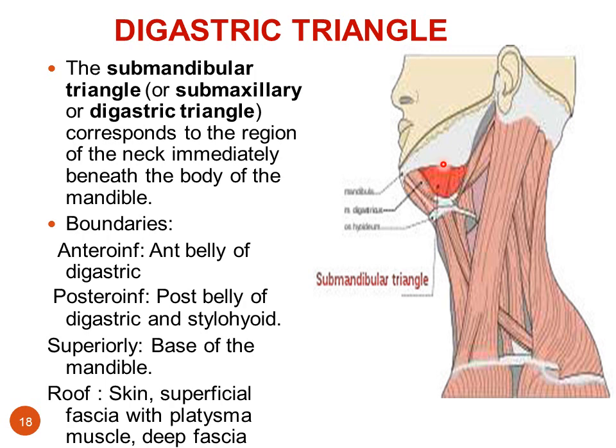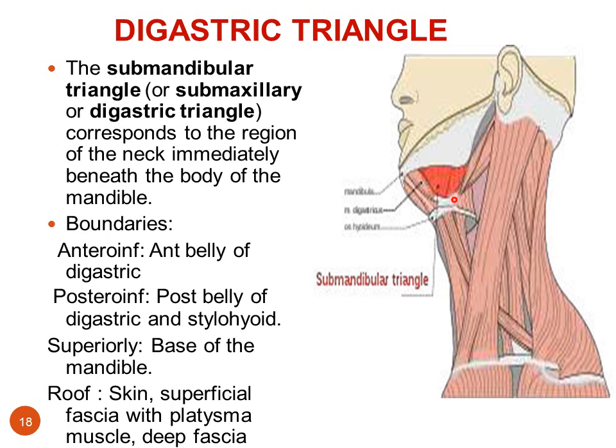Then you also have the floor of the digastric triangle. The floor is usually formed by the mylohyoid muscle and hyoglossus, and also the anterior part of the constrictor muscle of the pharynx. So these are the boundaries of the digastric triangle. This is the anterior boundary, this is the posterior boundary, and superiorly the base of the mandible and an imaginary line joining the angle of the mandible up to the mastoid process.